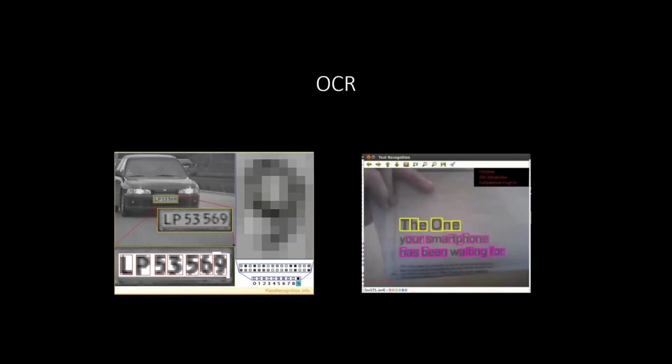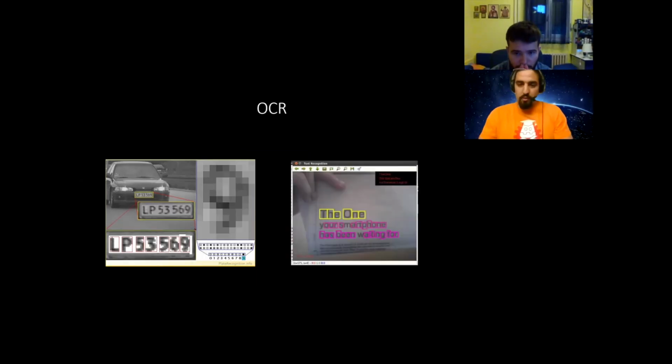OCR is another really interesting application. A couple of years ago, I was like, hey, wait, I already see the text here. What's the thing? Well, the thing is that cameras only see a matrix of numbers, and you want to figure out a way to extract this text and convert it into textual information. So you can just take a photo of your whiteboard, and you don't have to manually write down the notes. You can just automatically extract the text, and that's a really useful thing to have.